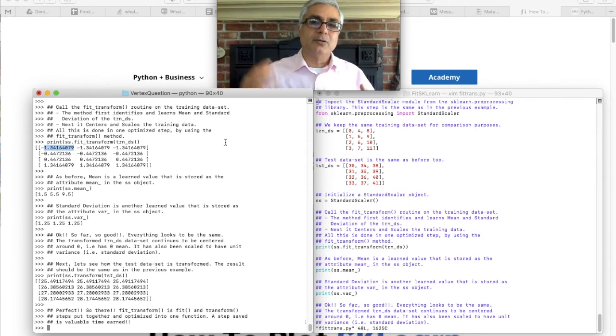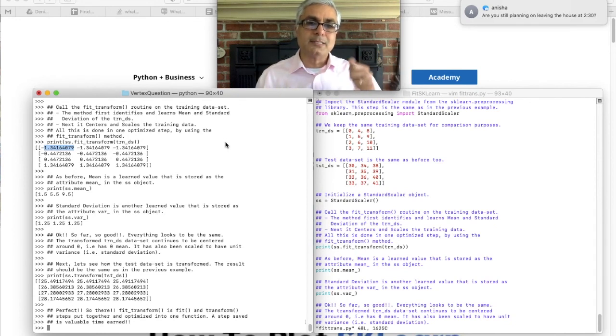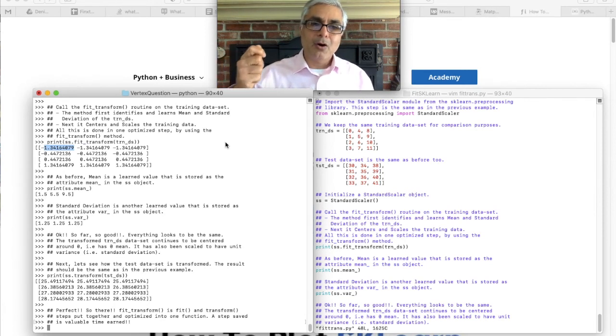You'll see this when you have a client, a real world project, and you have this huge data set, and you try to apply these routines. That one simple optimization step saves you a lot of time. So use fit once and transform once on the training data set, and use transform again on the test data set. You don't use fit on the test data set.